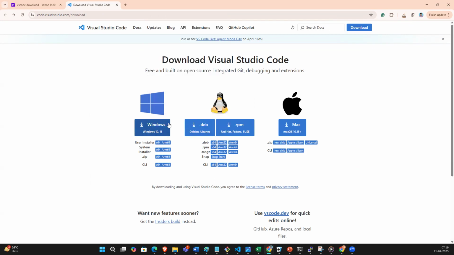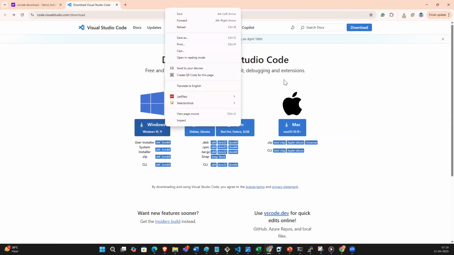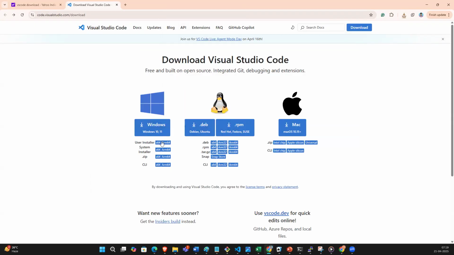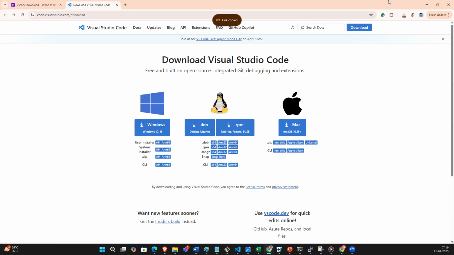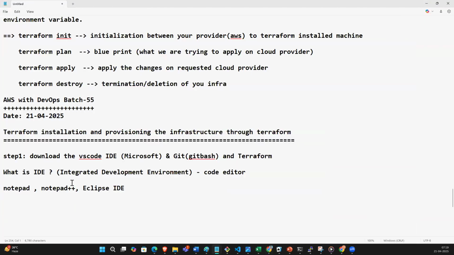Where is the copy link address? Yeah, copy link address. Yeah, VS Code download. So you can download VS Code and Git. You can download the Git and